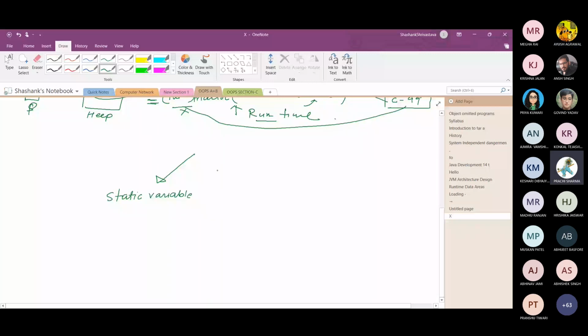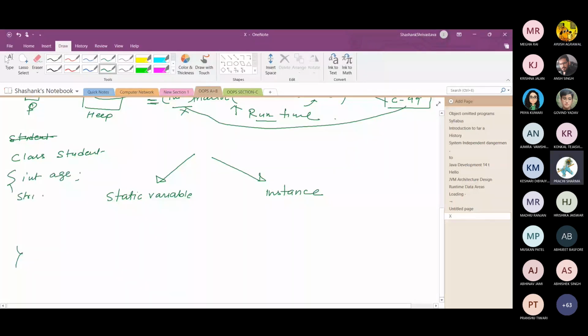So suppose there is a class student. Fine, student class. Class is a keyword, student is the class name. And in class student, suppose there are three variables. One is integer age and another one is string name, and suppose the third variable is string college name.